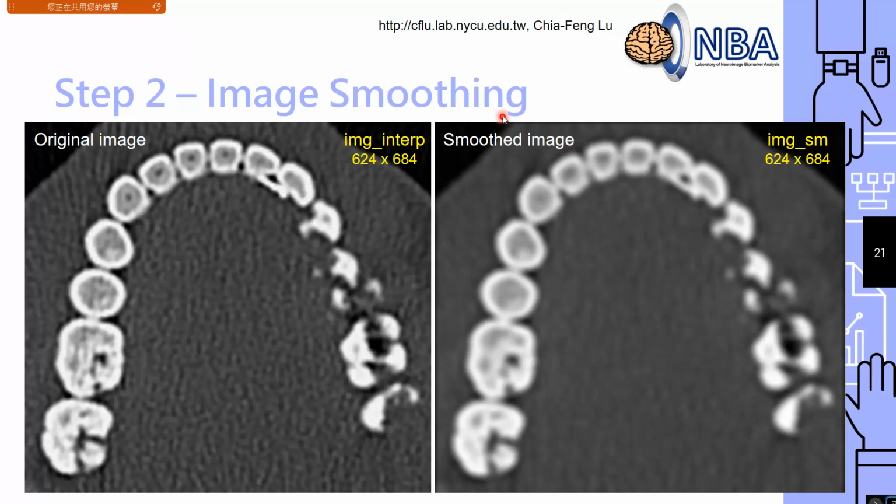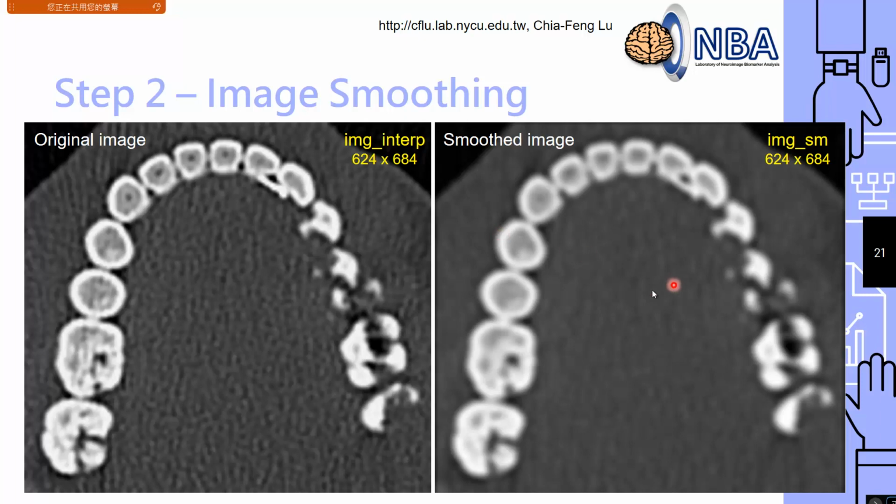I think this idea is pretty famous and popular for brain functional imaging. We always do the smoothing to improve the SNR, or signal to noise ratio. Now you can anticipate that after smoothing, we will get this kind of result. Everything will become a little bit blurred. You can think of smoothing as pretty much like an average